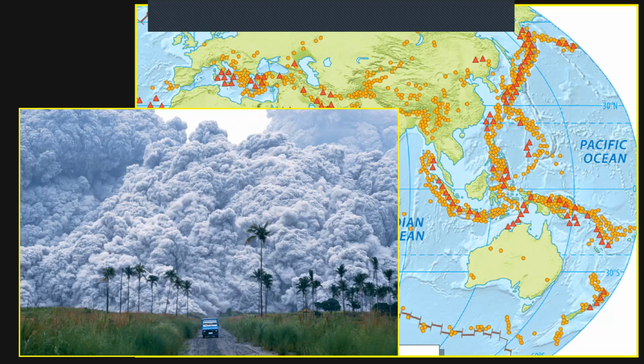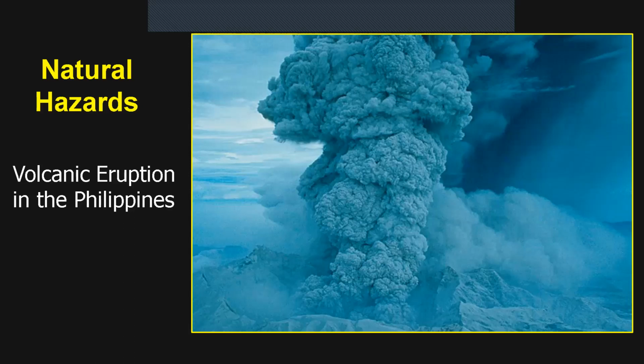So here's just a picture looking at the tectonic activity in Southeast Asia, and you can see running right along that southern boundary by Indonesia, going through Papua, and then the Philippines are almost, you can't even see them because they're covered by so many earthquakes and volcanic activity. And this is a picture of a volcano in the Philippines. And here's another one. And just a month ago, end of June, another volcano started becoming very active, and they had to relocate 15,000 people, and they think it's going to continue to erupt for several months.